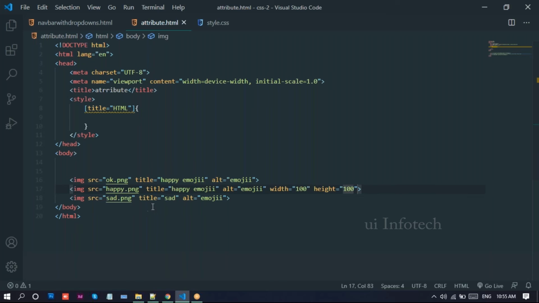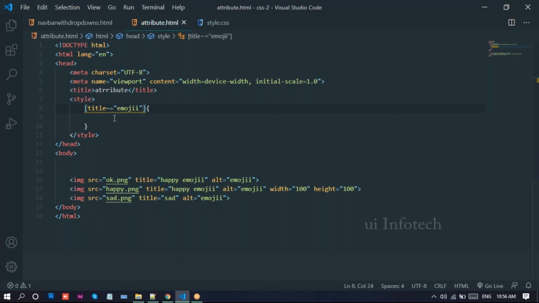Yes, so we place this icon. For the happy, I'll just do one thing. Height 100.